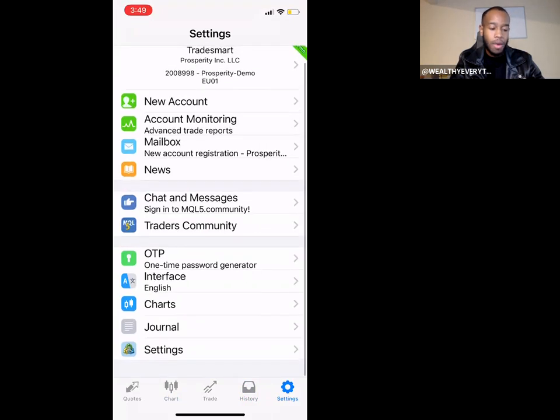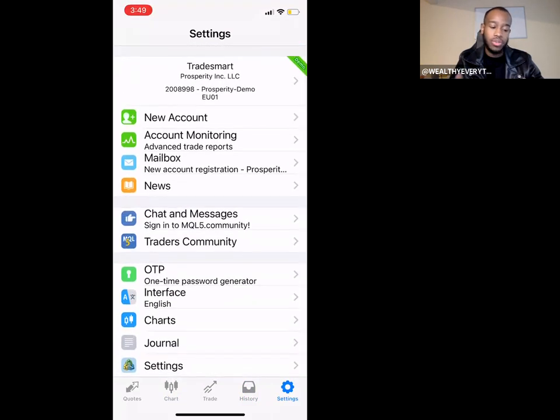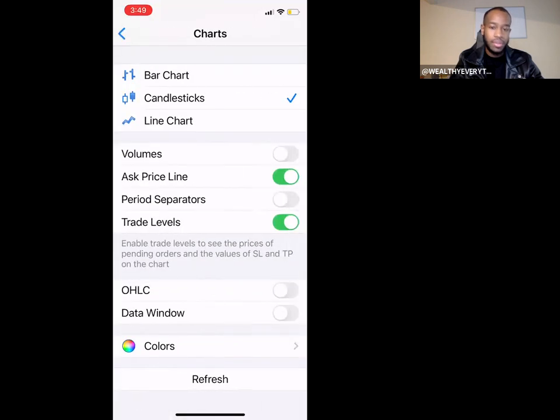So on the settings page, what you're going to select is charts. You want to make sure that you have candlesticks selected. You need to have the ask price on, and you also need to have trade levels on. You could put the period separators on, but what I learned is not necessary because we shouldn't even be trading